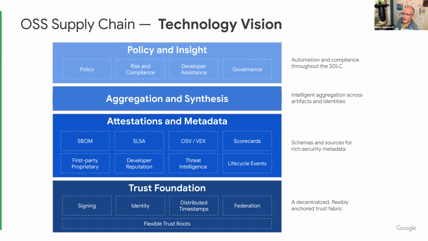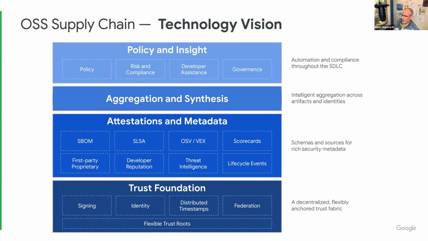The problem you then have is that SLSA provenance attaches to an artifact. OSVs are keyed on vulnerability. Scorecards refer to a repo. Developer reputation attaches to a developer who may be working in a repo. Lifecycle events to a project which may have many repos. And so these attestations and metadata here are all attached to different entities in the ecosystem which have an implicit graph between them. And so the role of GUAC, if any of you saw GUAC at KubeCon last week,